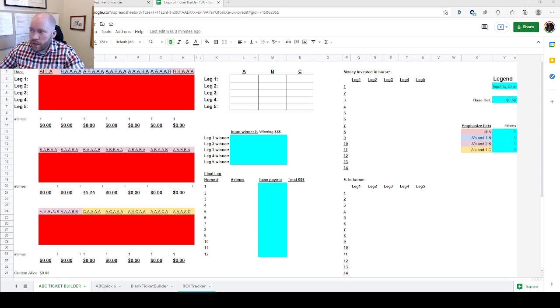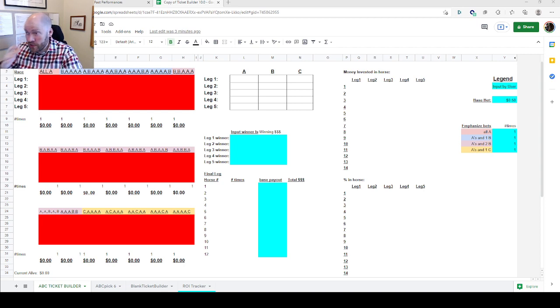This allows me, up here, you can see, hopefully you can see my mouse pointer, there's an ABC section in the middle, and I am an ABC handicapper primarily, and that means that I'm looking to play multiple tickets and leverage my opinions. So I want my best opinions to have the most money going through them, and I want my other opinions to still have some money going through them because I'm not always 100% right. This sort of ticket creation spreadsheet allows me to build up those sequences and see the amount of money that I have invested and how it's invested.